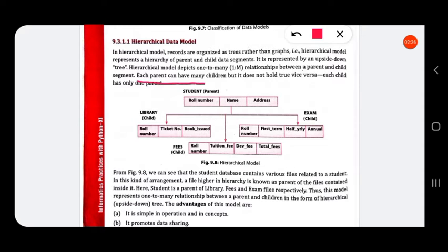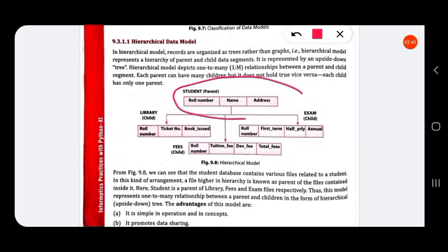Each parent can have many children, but it does not hold true vice versa. That is, from two parents one child cannot come. Each parent can have many children.